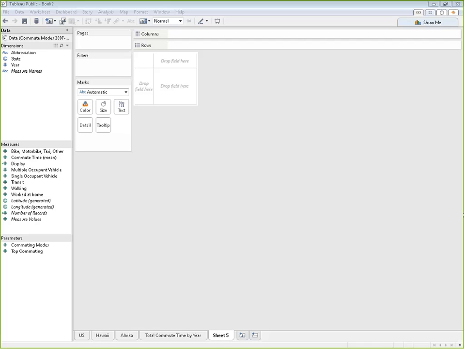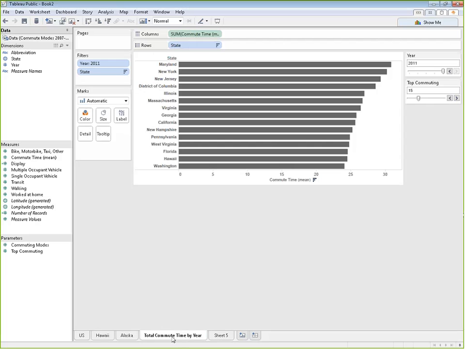All right, we have a question about displaying things in the tooltip. So if we go back to our previous view, if we look, we see that our minutes, we have 3 decimal points after our whole number. That's super customizable in Tableau. So if we go over to commute time, so that's actually what we're displaying. If we right-click on commute time under Measures